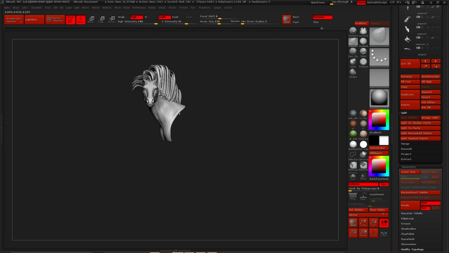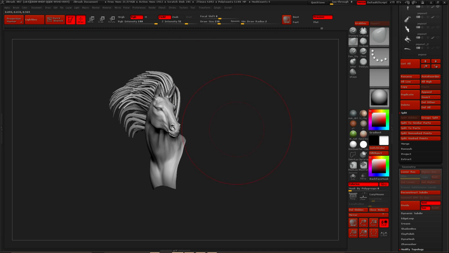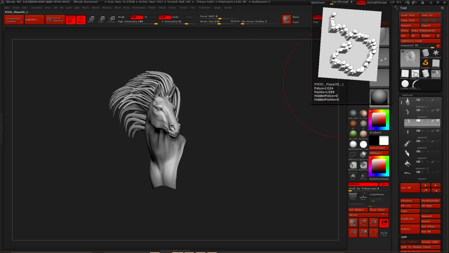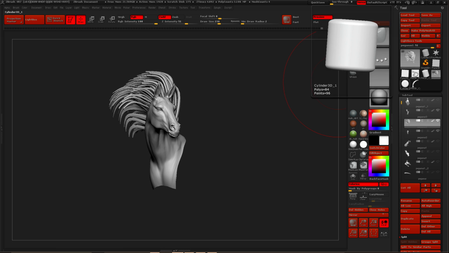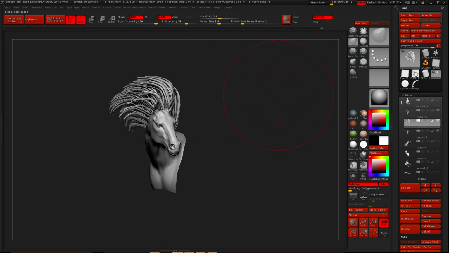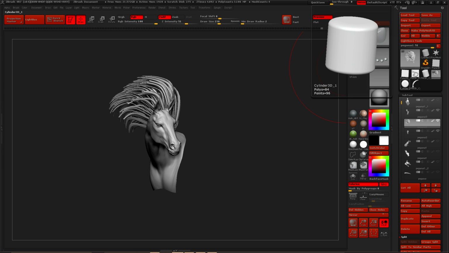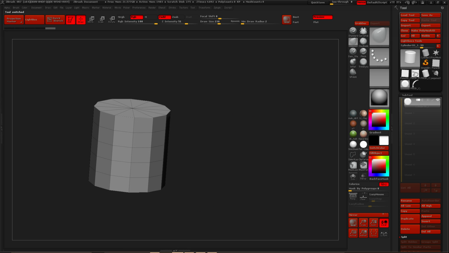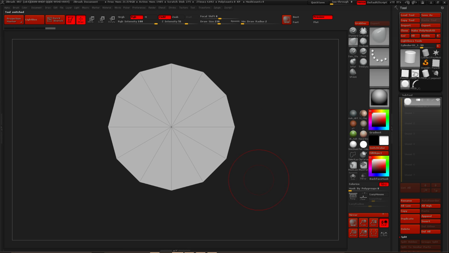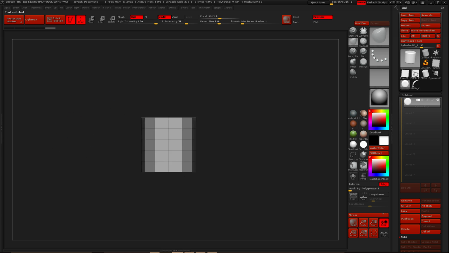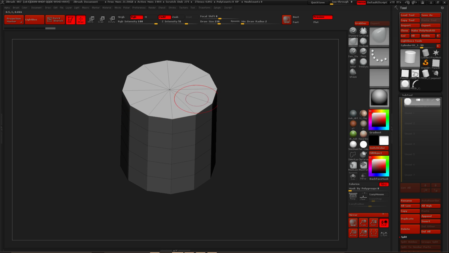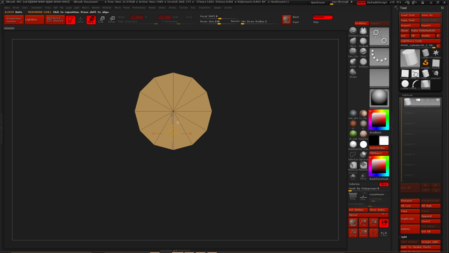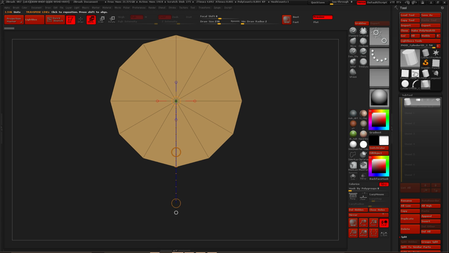But something else you can do is, with that same brush that I made, I can control a few things. So I can go back and, let's say I just wanted to draw these out by hand. So I can come back over to this cylinder, and I can continue using this. So I'm just going to make a Polymesh 3D out of this one. And we're going to do something similar. I'm just going to take this, shape it around,